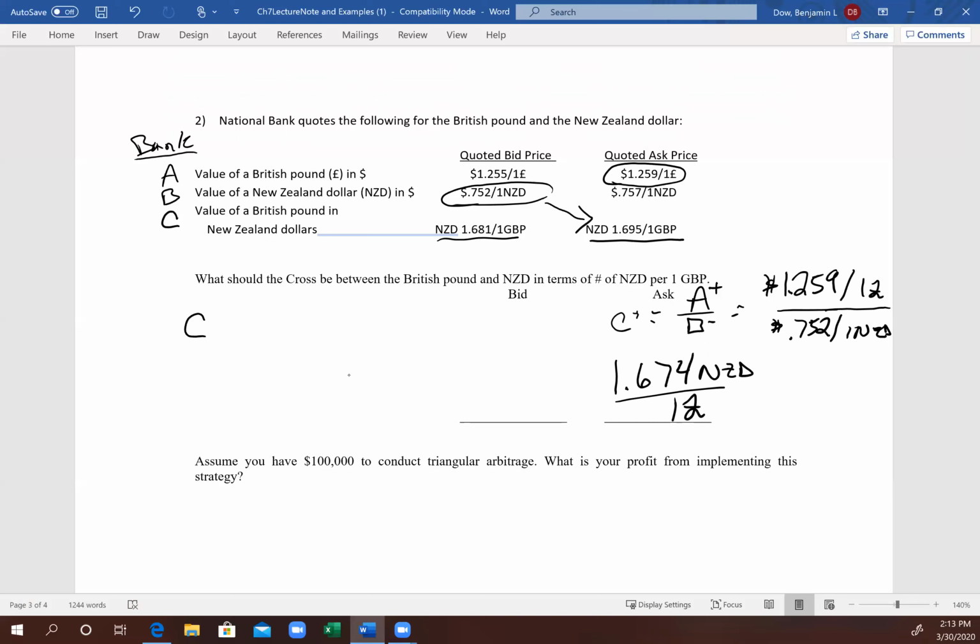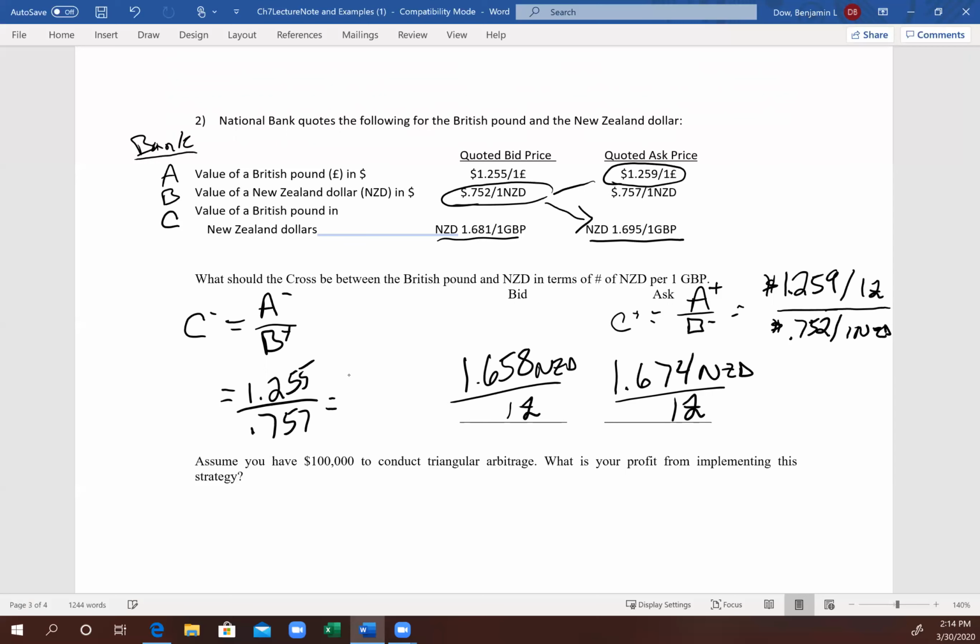And on the bid, if we're looking for the smallest bid price, then we're looking at taking the smallest A divided by the largest B, which is 1.255 divided by 0.757, and 1.255 divided by 0.757 will give us 1.658 roughly New Zealand dollars